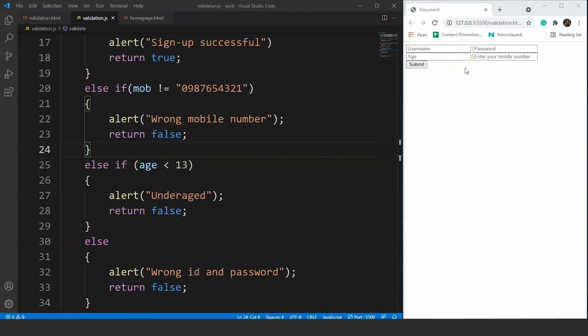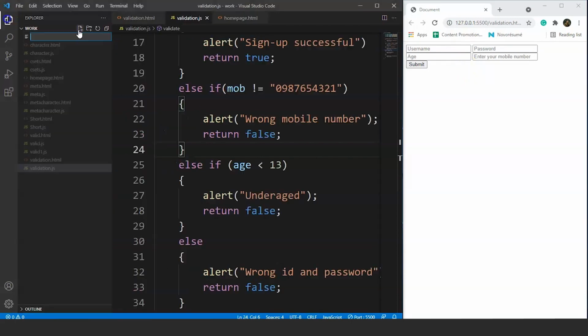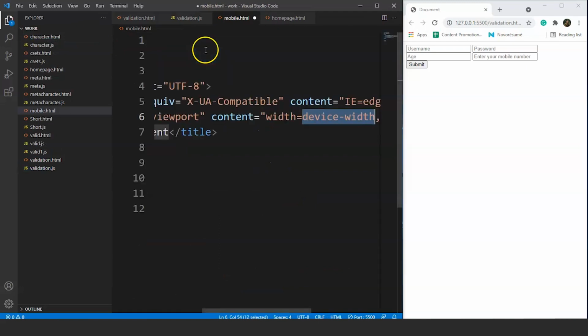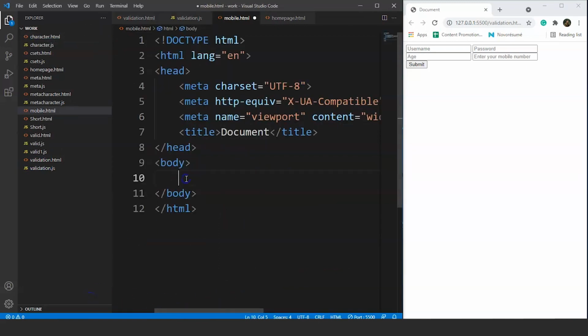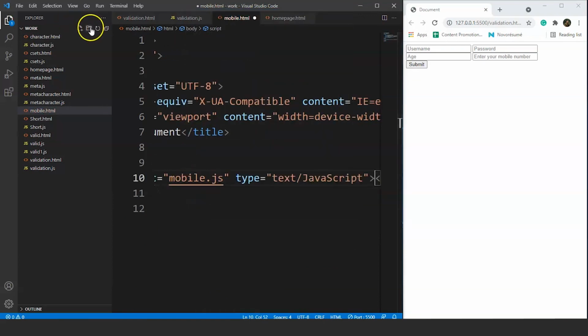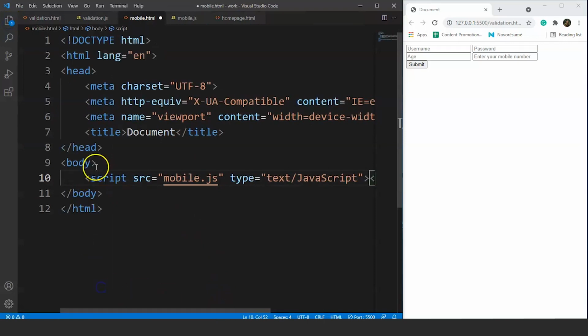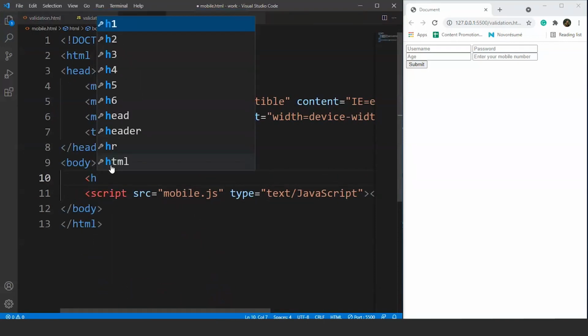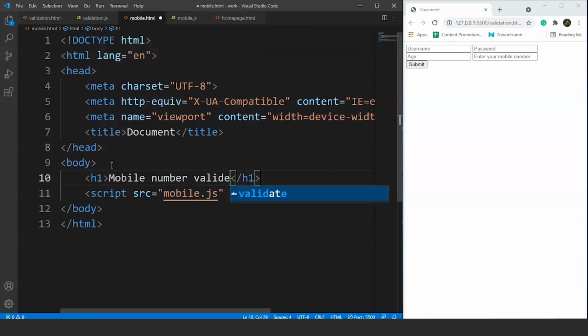So what we'll do is we'll move on to another HTML file. Let's create one here first. So we'll create another HTML file. Let's say the HTML file name is mobile.html, and here we'll create another text box. So let me connect it to another JavaScript file first, and we'll create another JavaScript file as well. Fine. So we'll write here mobile.js. So this is a JavaScript file, and the next thing we'll be doing is we'll write a heading here. So let's say we are writing mobile number validation in JavaScript.